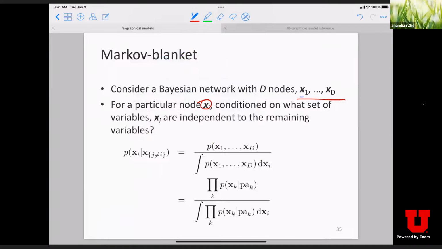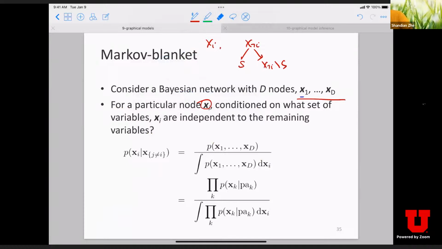So here's xi, and all the other variables, let us denote by x not i. We want to partition the remaining variables into two sets. One is S, the other is